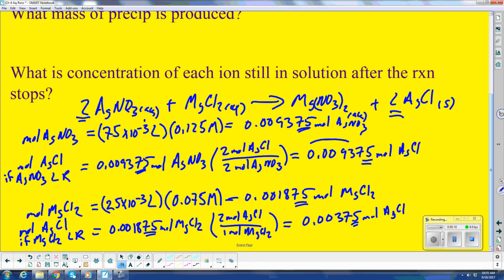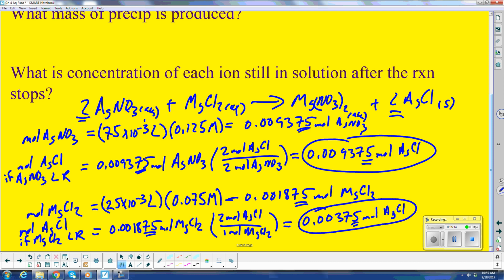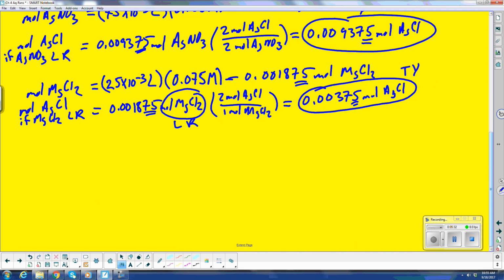So then I'm going to compare the amounts of silver chloride that each of my reactants would produce if they were the limiting reagent. And I find that this is the lesser amount, so this is going to be my theoretical yield, which means my magnesium chloride is going to be my limiting reagent. And how much of my silver chloride can I really produce? Well, then my grams of my silver chloride equal